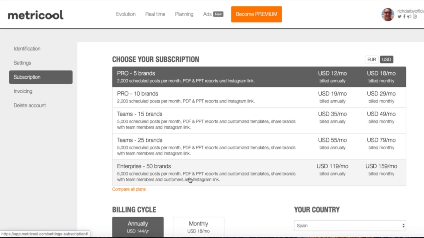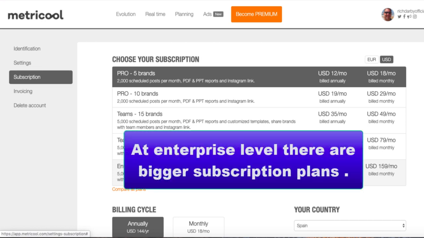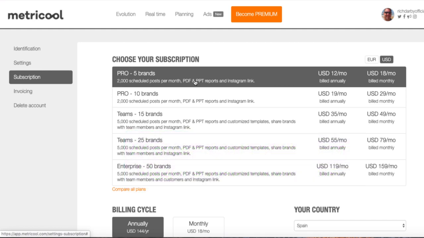And this just gives you a slightly more capability around allowing your client to actually use this interface as well. But most of these include the exact same reporting and PDFs that you can download, and the Instagram link. All of those functions that I showed you are included in all these levels of membership. But I'm just going to show you a place where you can get this a little bit cheaper by having